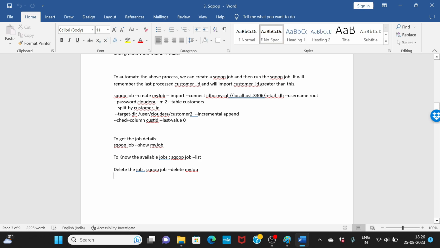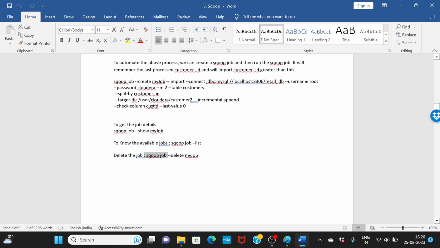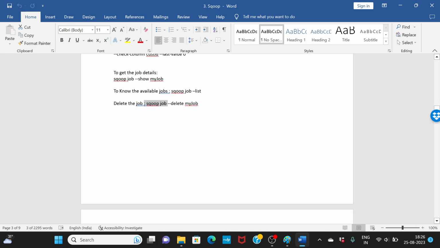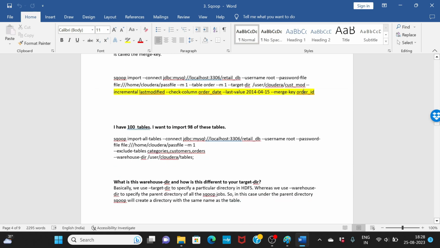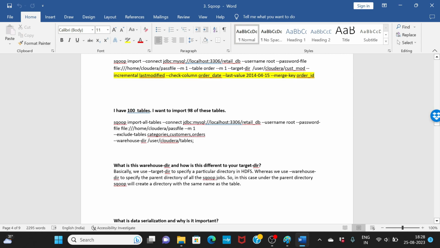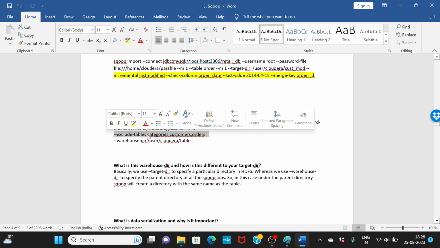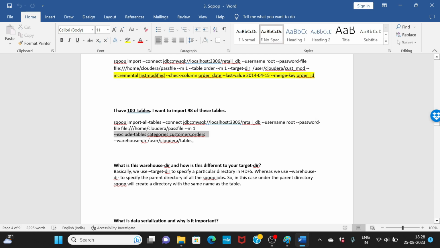If you want to delete it, sqoop job --delete, and then give the job name. My job is the name of the sqoop job. I have 100 tables. I want to import 98 of them. So basically all the tables except for 2. So you do an exclude. You say exclude tables, whatever tables you want to exclude, you put it here, and then you use warehouse